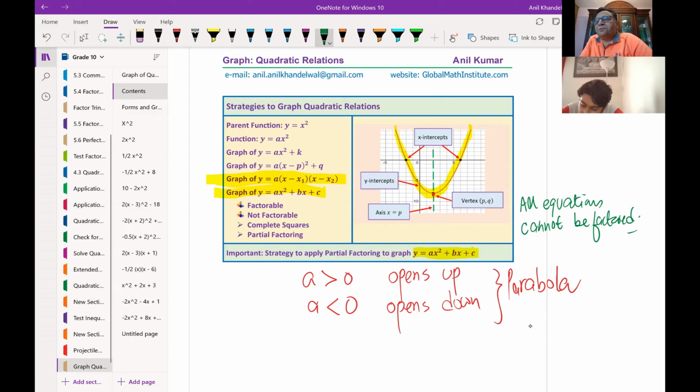So in our examples, we are restricted to the quadratic equations of the form y equals ax squared plus bx plus c, where we get integers with the property that